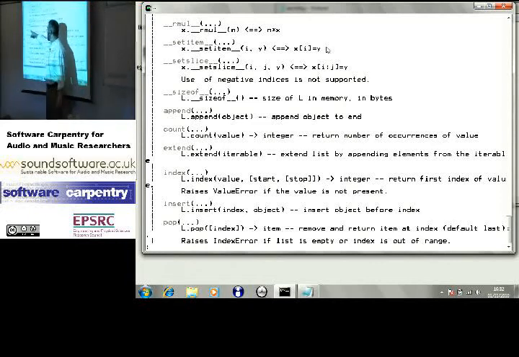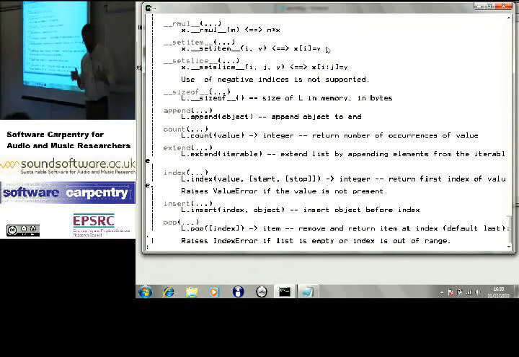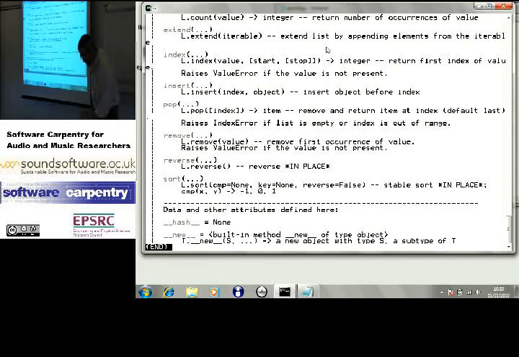Okay. Count. Count how many times that appears in the list. How many zeros do you have? If I've got a list of values and I say L.count of 0, it says you've got 5 zeros. Index. What's the first index at which this value is found? Look for 55. Tell me, is 55 in location 177? Look for the string Mary. Where is the string Mary in this list? Okay. We can insert values. We can